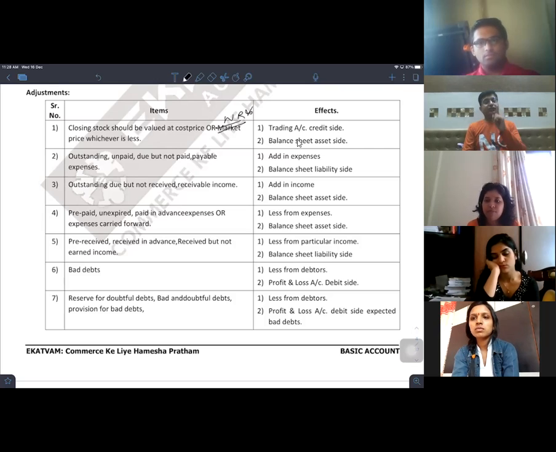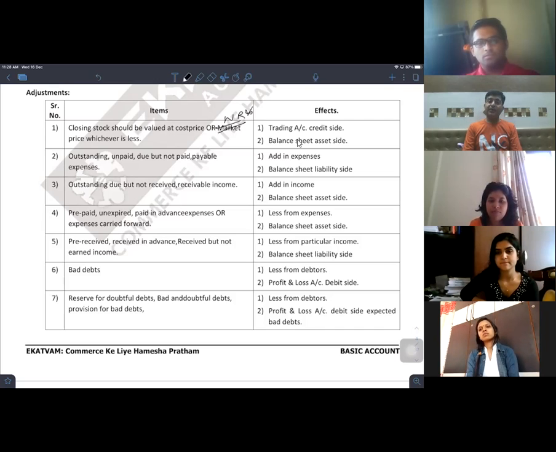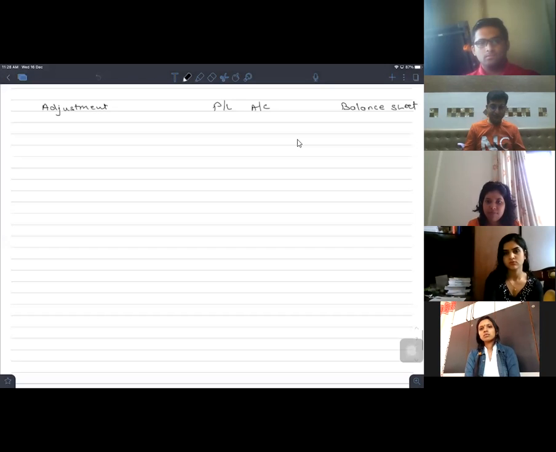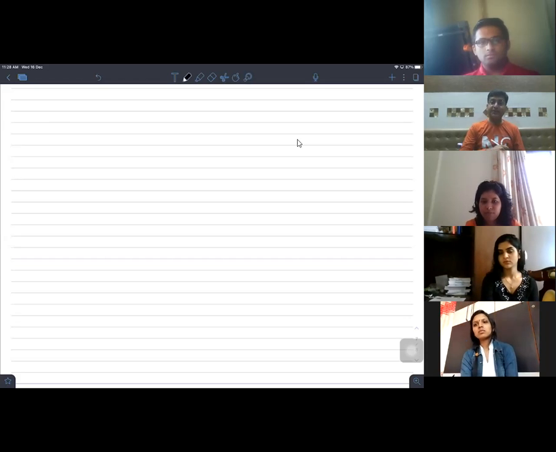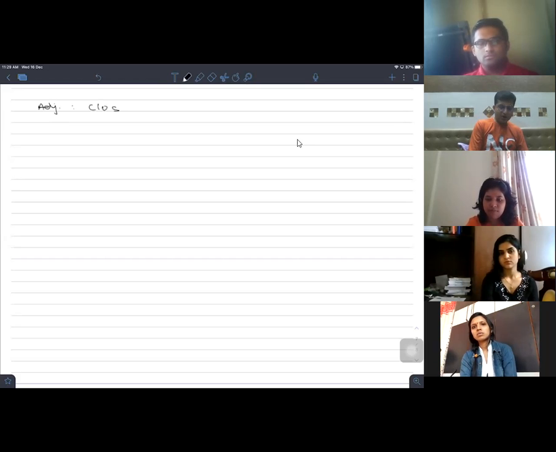Am I right? So the first effect for the closing stock is that it will appear in our trading account on the credit side, and the second effect is that it will appear in the balance sheet on the asset side. Is it clear? So if I've been given the adjustment like this, I'll just present how those will be appearing. क्योंकि अब स्टेटमेंट तो ऑलरेडी आपके सामने है, मैं स्टेटमेंट वापस से नहीं बनाता हूं, I directly present it, that how those will be affected when you are preparing your final accounts. Suppose after the trial balance you are given the adjustment of closing stock